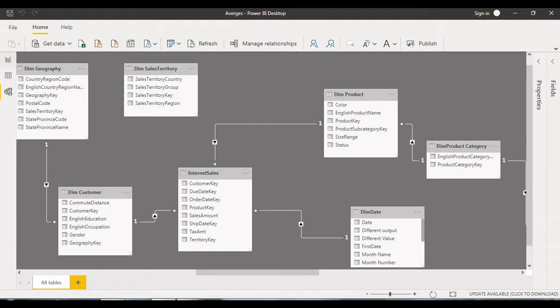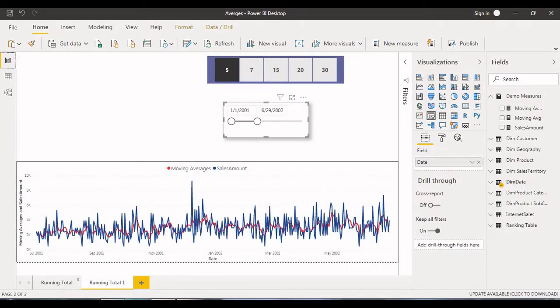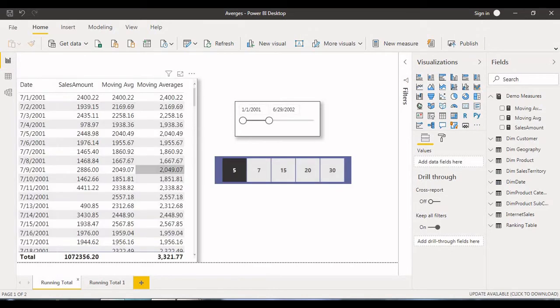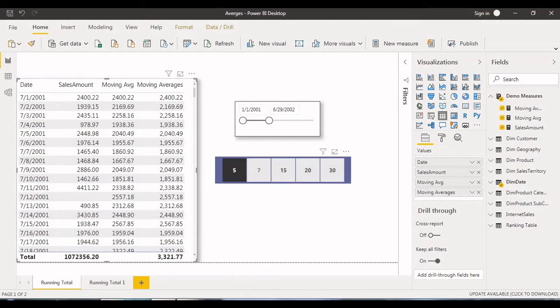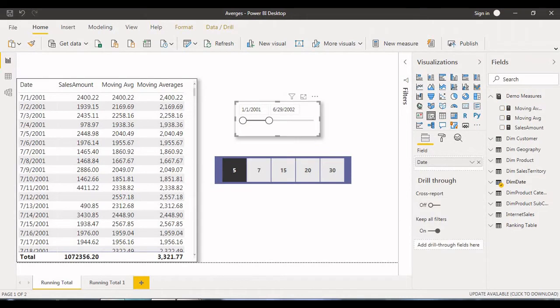So just click on report. Now we have two pages. Here this is the table visual, and these are two slicers. This is the date slicer, and this is the slicer for whether you want to find a 7 days moving average, or 30 days, or 15 days, 20 days. For getting this slicer, I have created a separate table, so I'll show that also.